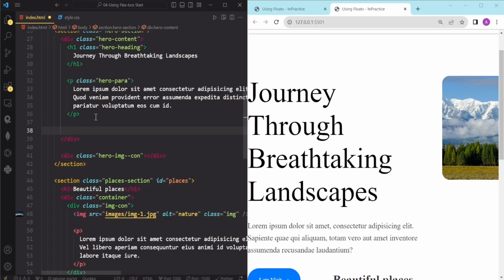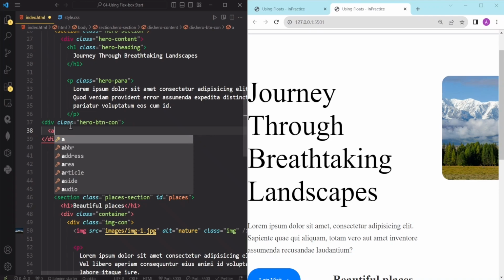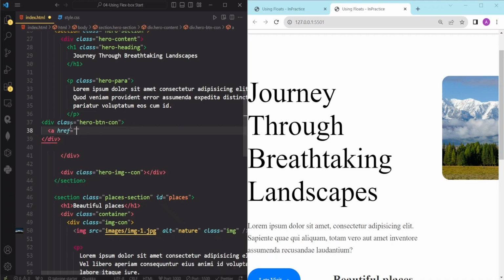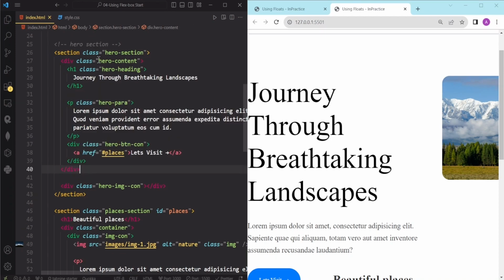Now the third thing that we need in this container is that call to action button, and for this I am just creating a div with the class name of hero btn container, and in this just using a link element, and for href you can use hashtag places, like that, and just close this tag. After this we need to add some text for our link, which is let's visit, and our hero content section is now completed. We have our heading and our paragraph and this link that we are going to style in a second,